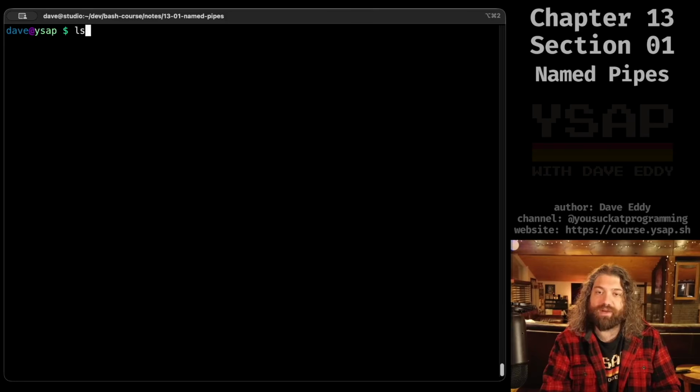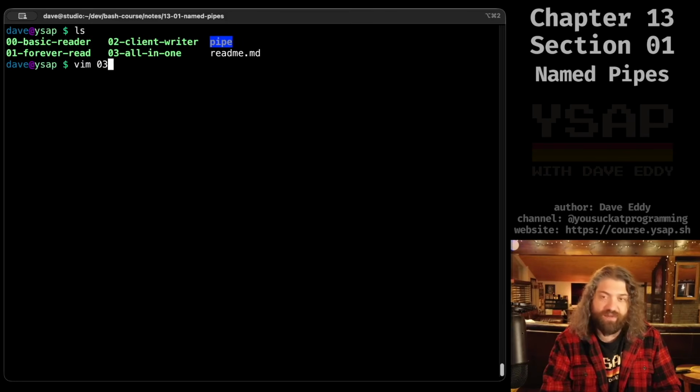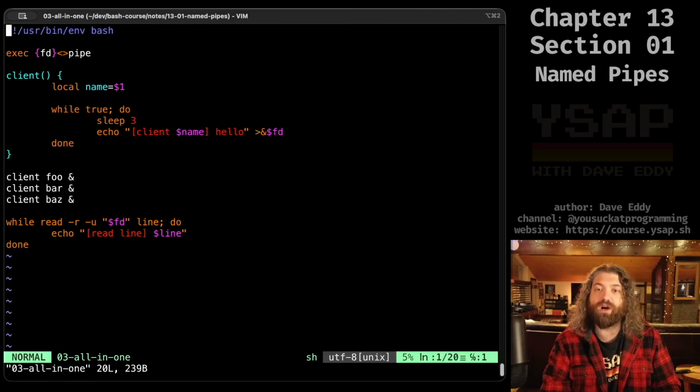Let's back out of tmux and let's look at the final example here. We have something called all-in-one. There's a lot going on here, and I'm going to explain what's going on. We are using a new built-in we have not seen before called exec. Exec can do a lot of things, okay? Exec can execute commands and make your shell become that command, but it also has this alternative syntax to open